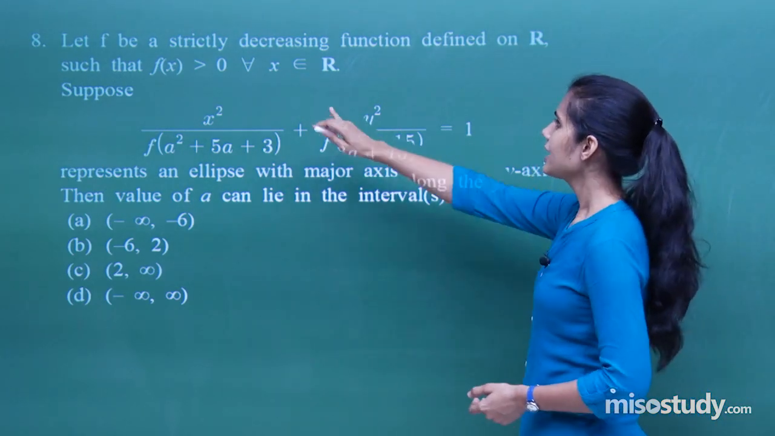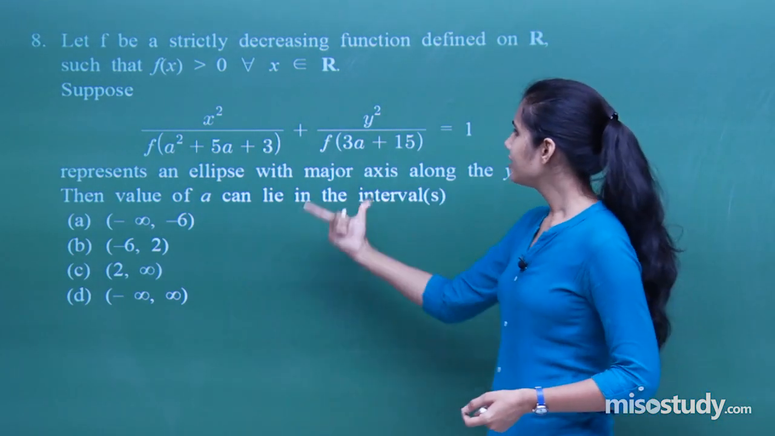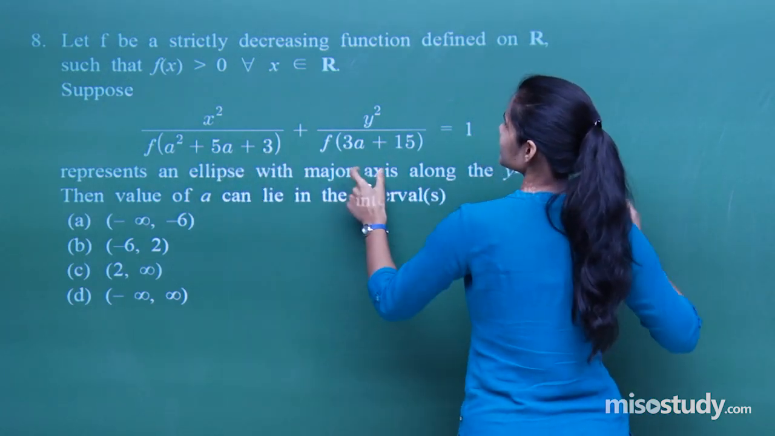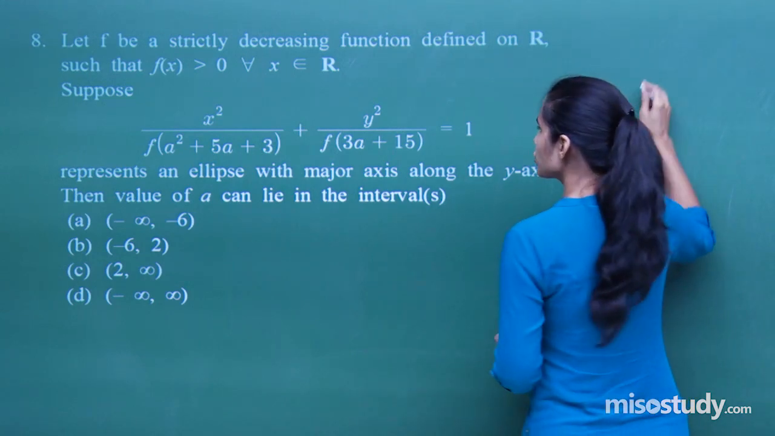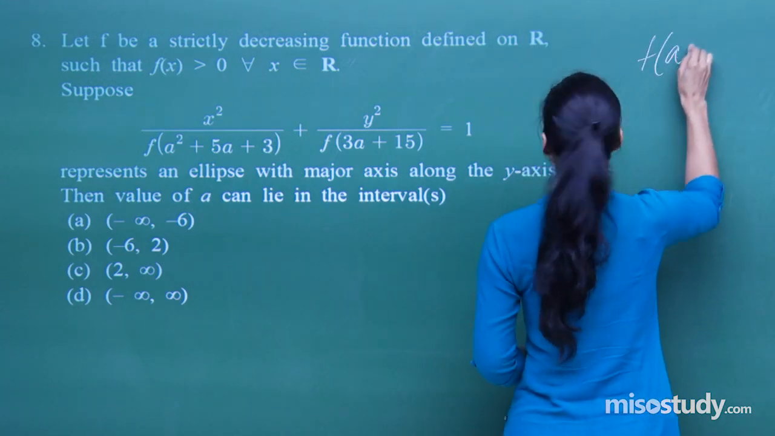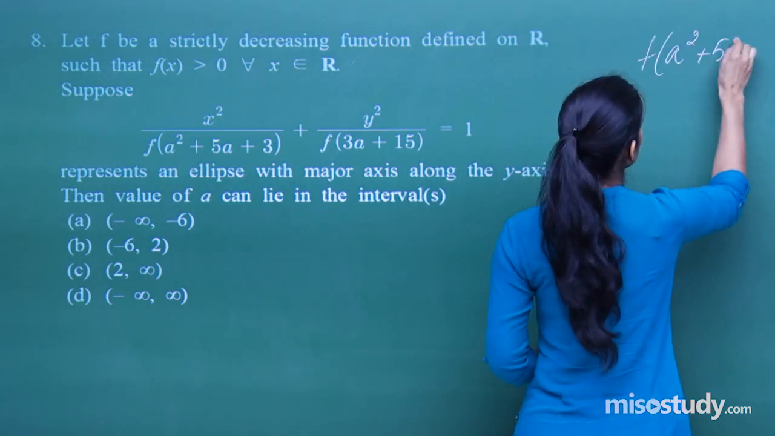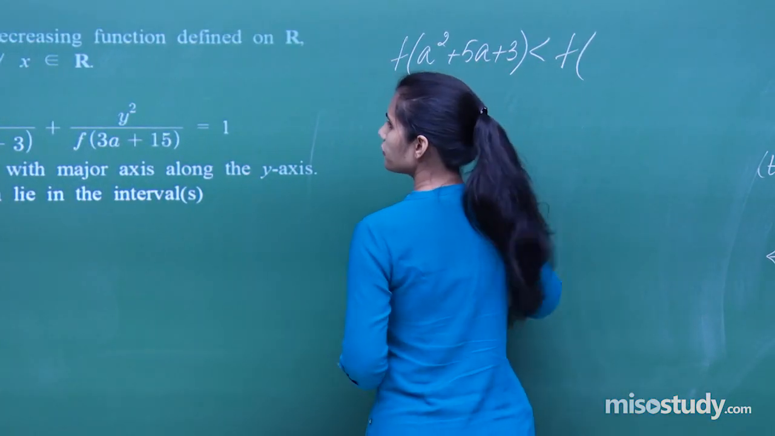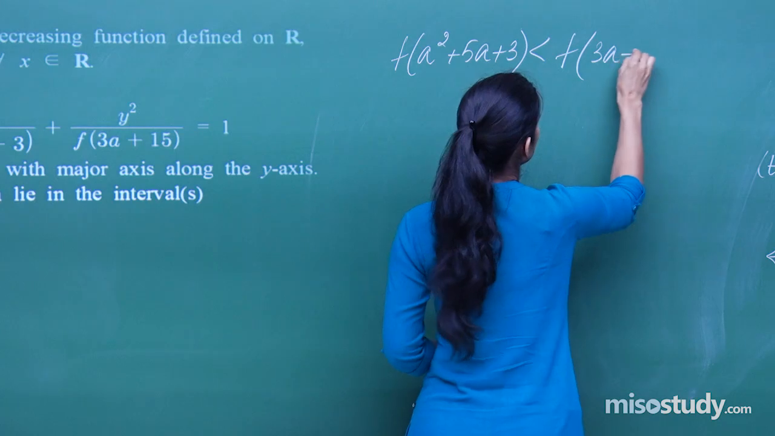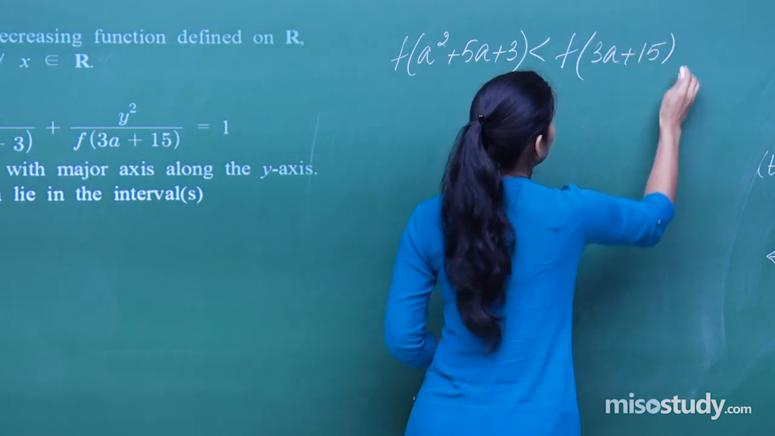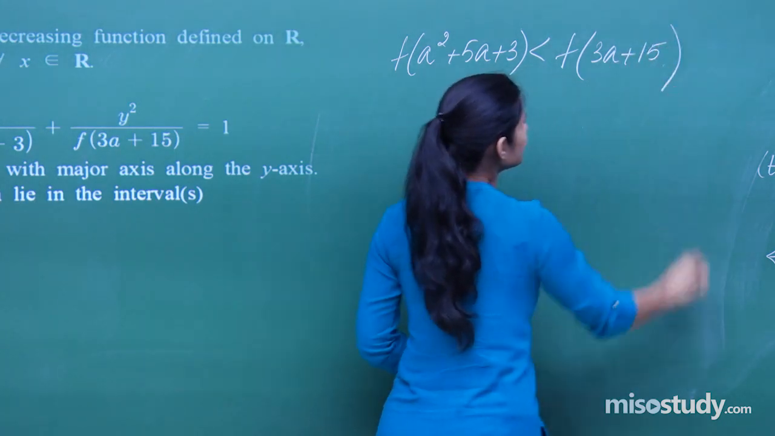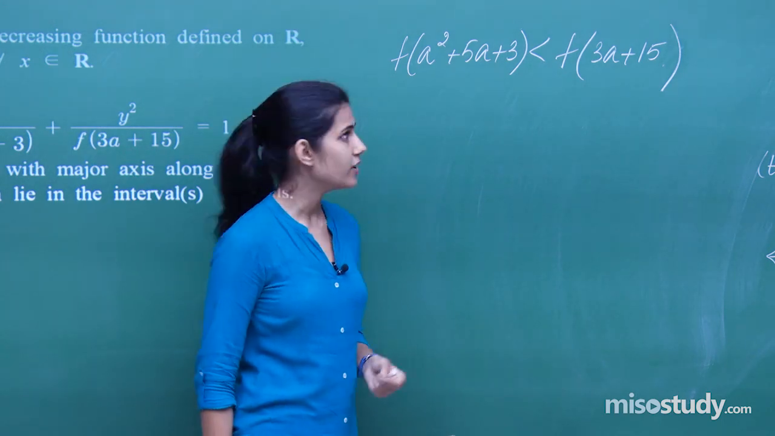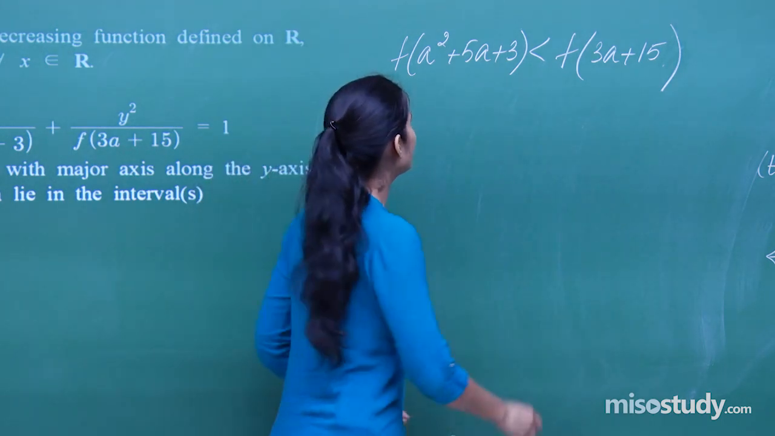Now over here f(x) is greater than 0. For this equation to represent an ellipse, you know that denominator of x square should be less than denominator of y square. So you should basically have f of a square plus 5a plus 3 should be less than f of 3a plus 15. But because f is a strictly decreasing function, x is greater than y implies f(x) is less than f of y. So f(x) is less than f of y, that means